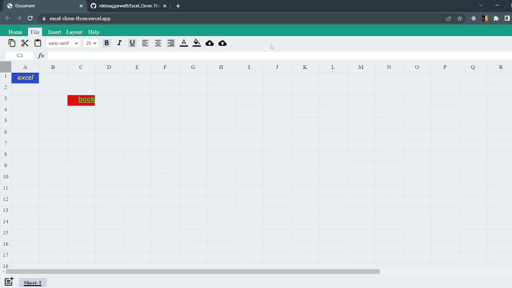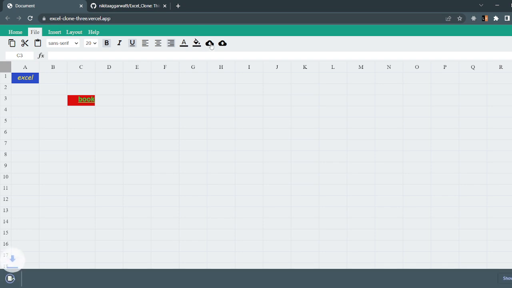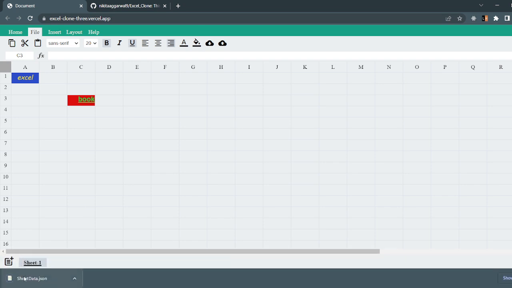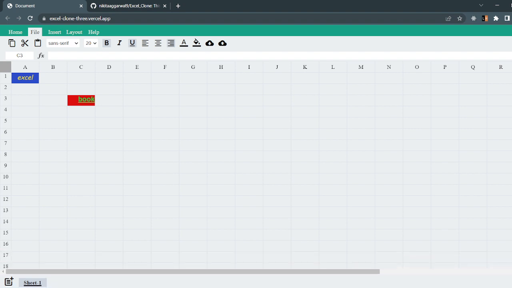Now we can download the sheet, and it will be downloaded in the JSON format. By using this icon we can download it. As soon as I click on it, a file will be downloaded. You can see that sheet data.json has been downloaded. Now we can upload this. We can upload any file which is present in JSON format, which we have downloaded, onto a different sheet. Like I create a new sheet,